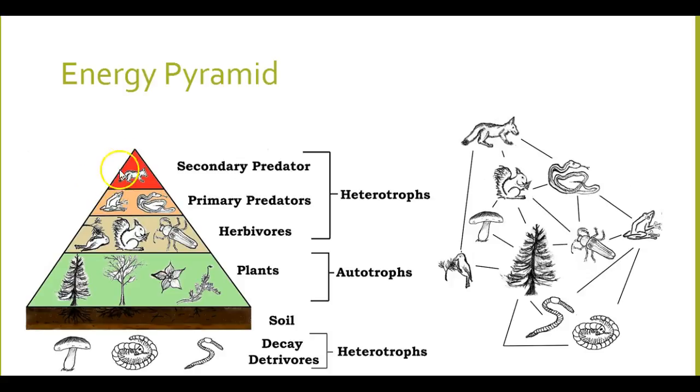Basically, you have to have a smaller number of secondary predators or large predators than you do producers. So for every human being that's on the planet Earth, there has to be a whole bunch of plants and producers down here to support our food needs below it. And this goes for any ecosystem. Now this can get out of whack, and if it does get out of whack, and let's say you have too many secondary predators here or higher level predators, then what's going to happen is eventually they're going to die off because the energy pyramid just isn't large enough to support their life.